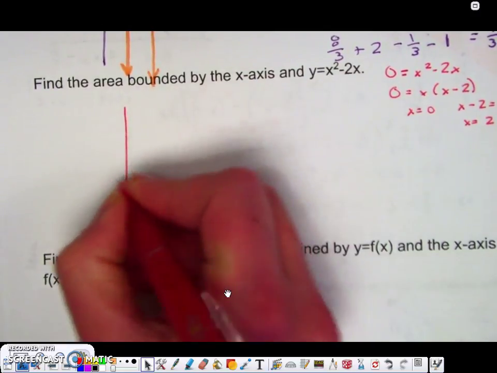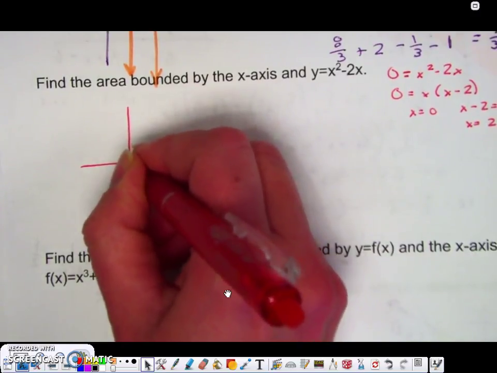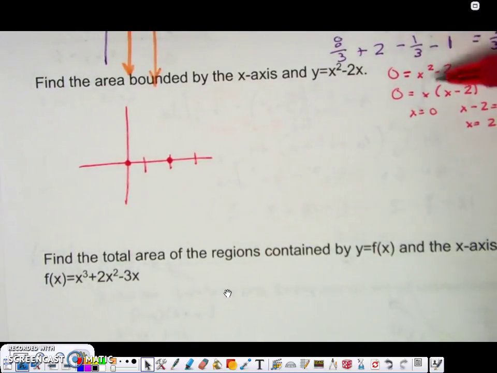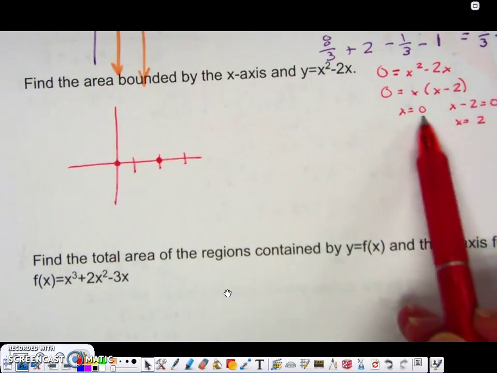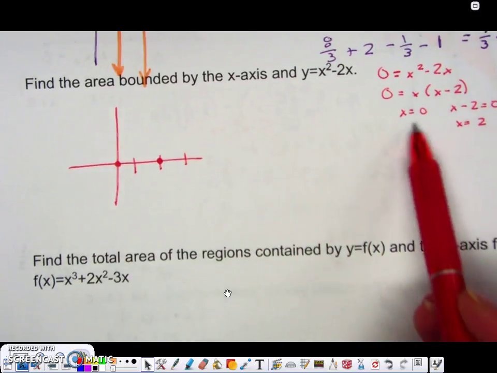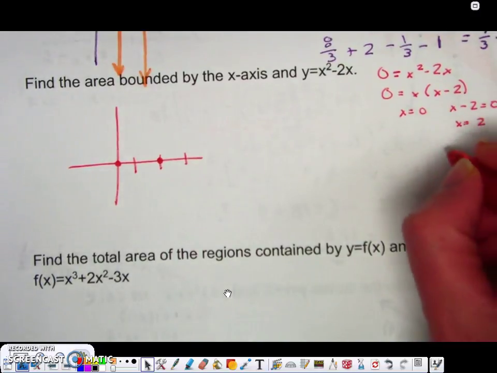So I'm going to graph that. Okay, so we have (0, 0) and (2, 0). And I'm expecting this to be a parabola going up since the coefficient of x squared is positive. I can find the x-coordinate of the vertex in one of 2 ways. One is I know it's got to be right in the middle between these 2 intercepts. The other is that I could use the formula x equals negative b over 2a. But it's pretty simple to go right between 0 and 2, so I know that the x-coordinate is 1